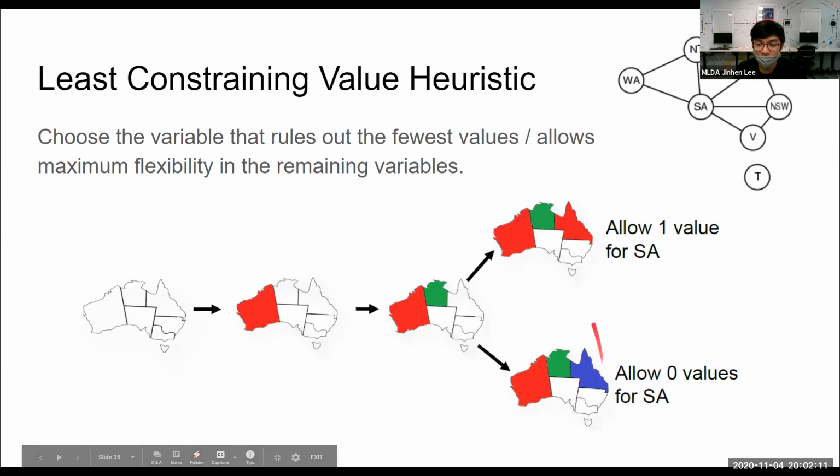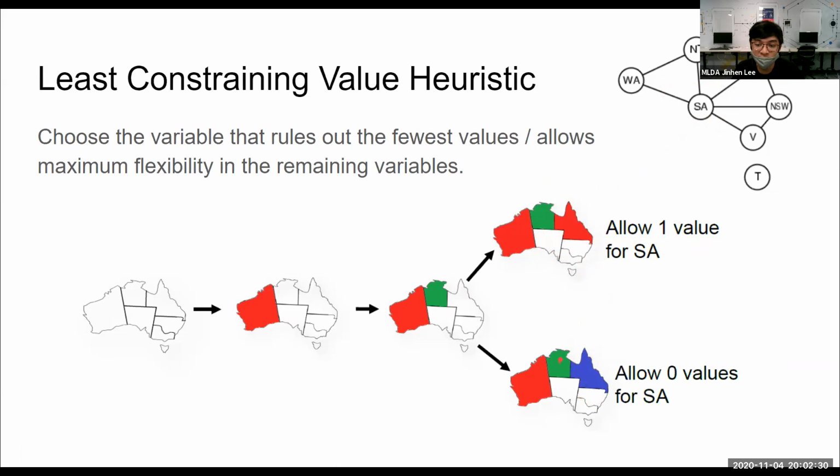In the case of red, for Southern Australia, we will see that we can actually still fit in blue. So we have one more value to fill in for South Australia. So we have this amount of flexibility left for South Australia if we fill in red over here in the first place.